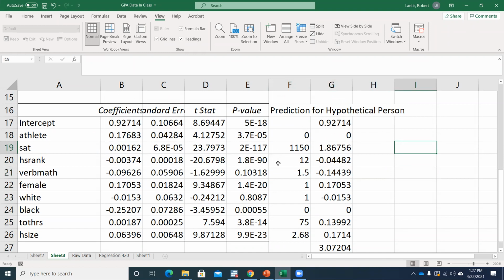The other thing that you might be asked to do is something like, let's say I wanted to know which of these variables I can say have a significant relationship with GPA at the 1% significance level. So my alpha will be 0.01. So I might want to go through,